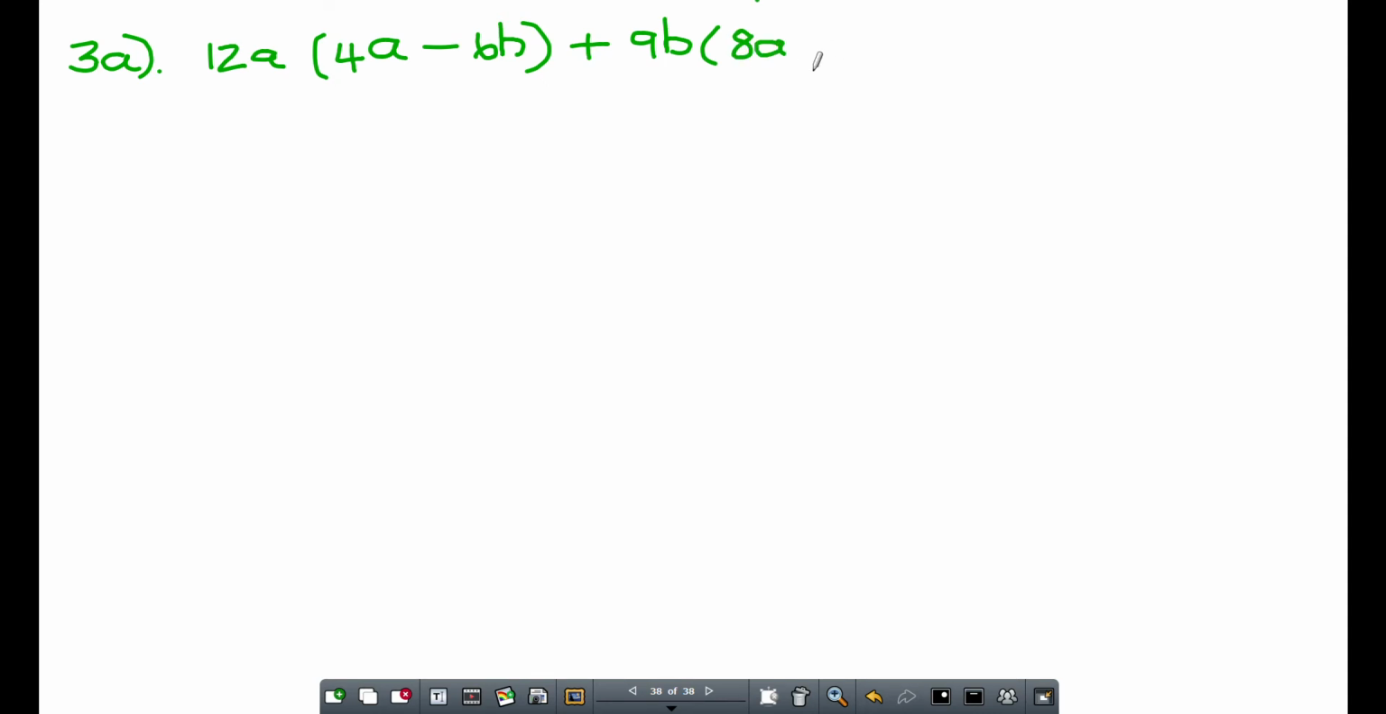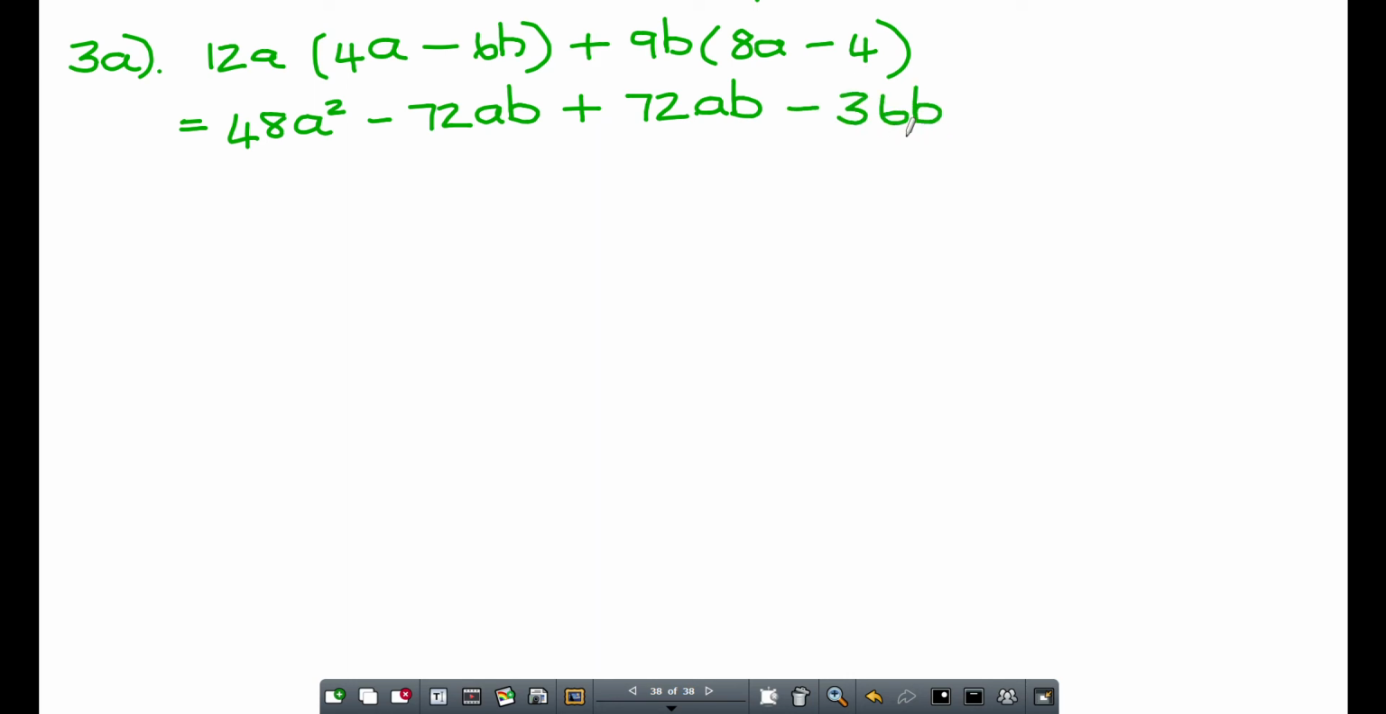Okay, so over here, first what we had to do is get rid of the brackets. So 12A times 4A, 48A squared. Then 12A times minus 6B will give me minus 72AB. Then this last one, the 9B must be multiplied with everything inside the bracket. So 9B times 8A will give me positive 72AB. And then 9B times negative 4 will give me negative